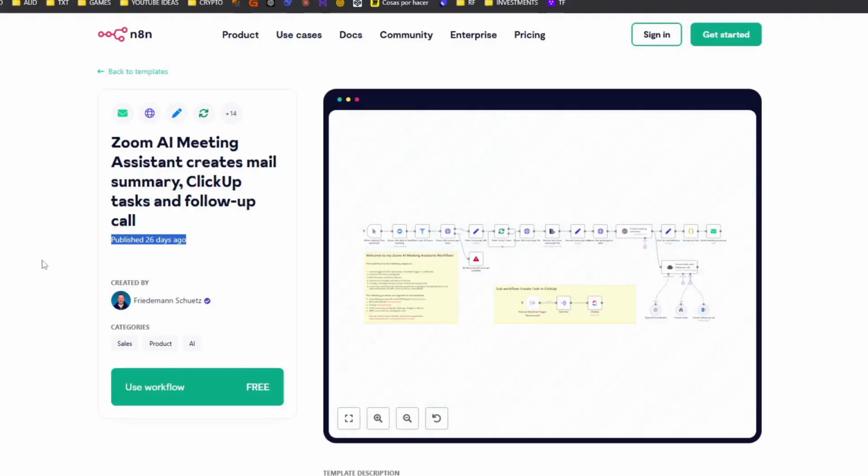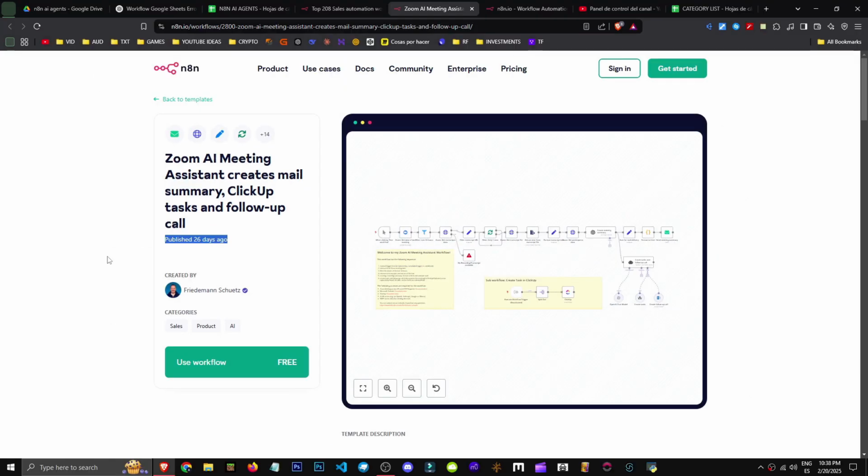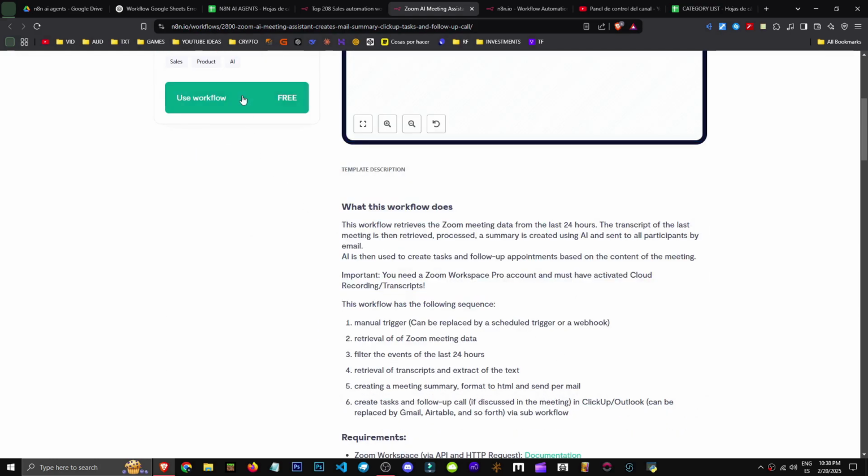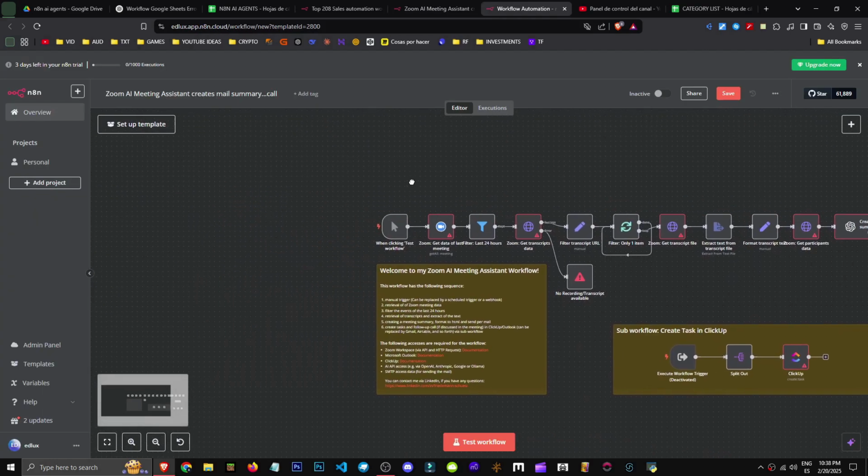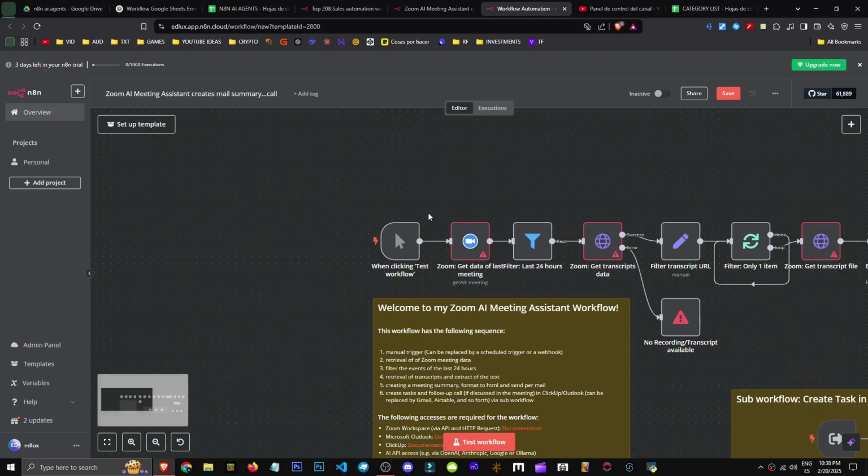Welcome to this template, which is essentially an artificial intelligence entity that will be creating an email summarizing our Zoom sessions, publishing tasks with ClickUp, and moreover, will continue to monitor the call. Here they describe a bit about what it does, so we're heading there,